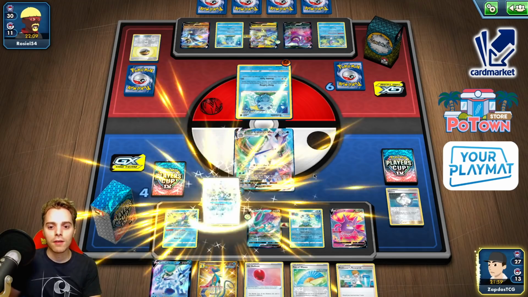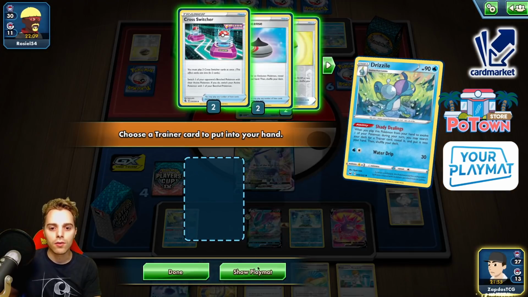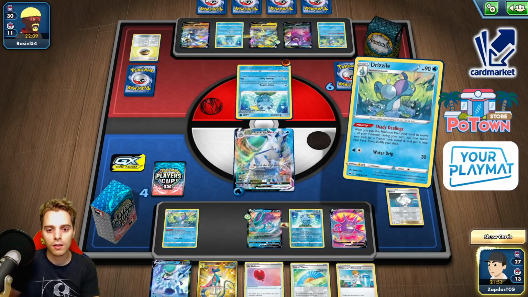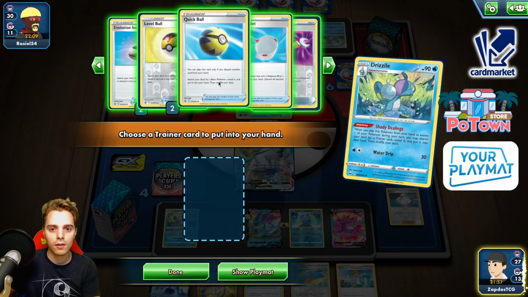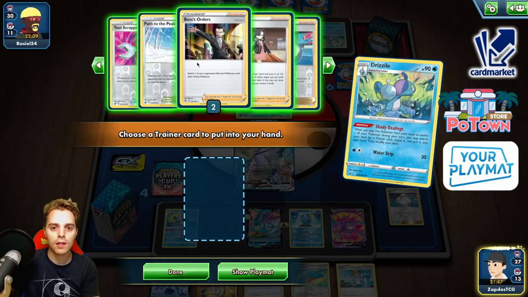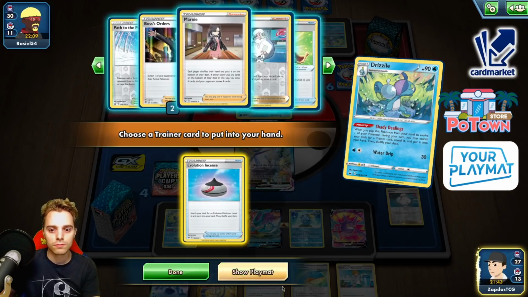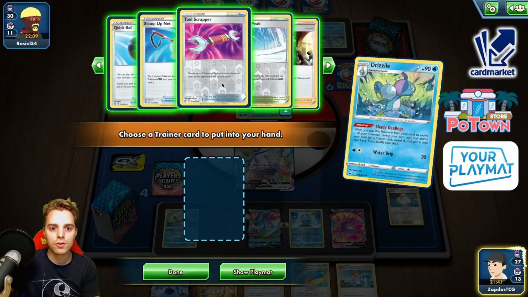Yeah, we could have both Cross Switchers, but we didn't draw into a single energy after all that draw power. That's crazy. That is crazy. Tool Scrapper, Telescopic Sight. Maybe that's a nice option, because we do have research for later, so maybe...